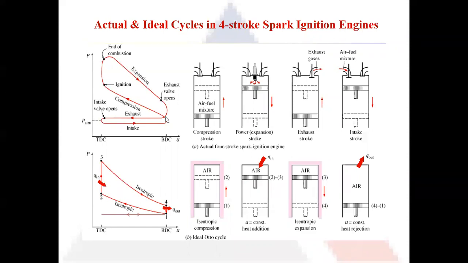So this is the first modification from the ideal cycle to the actual cycle. And secondly, here you can see this line. What we assume is that in the ideal cycle, the suction and exhaust take place at atmospheric pressure. That is why you have both the arrows on the same line. The suction takes place from 0 to 1 at atmospheric pressure, and the exhaust takes place at atmospheric pressure. So that is why there is a single line here.